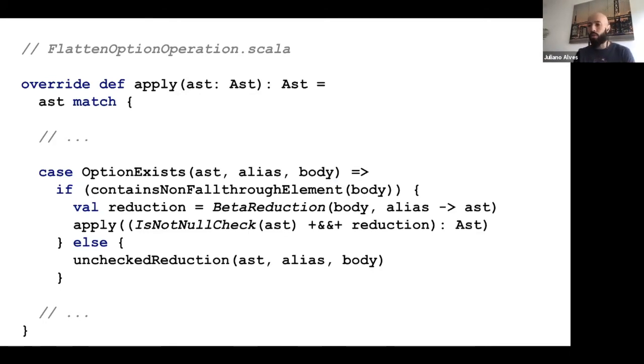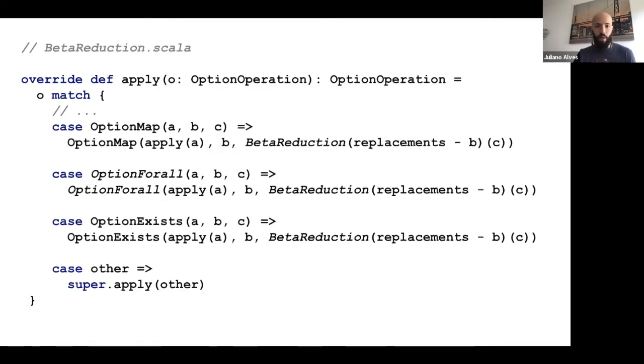And when we look at beta reduction, we will find another pattern match for, let's say here, option exists. What it does, like I mentioned before, is call apply, to be resolved later on.